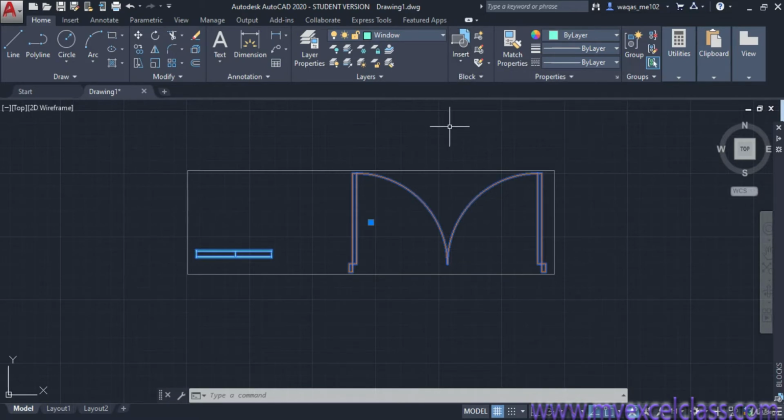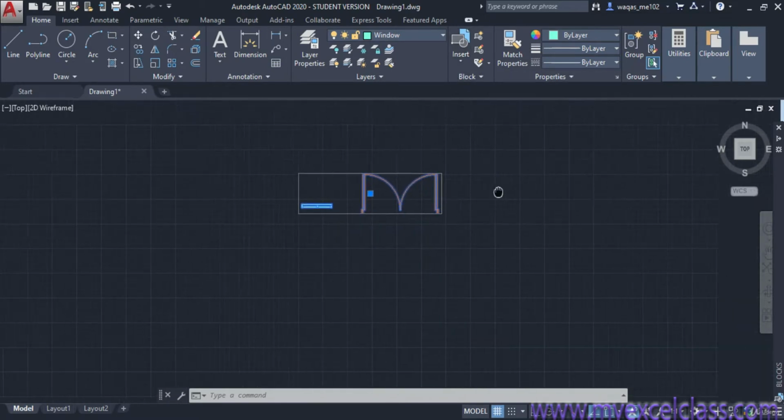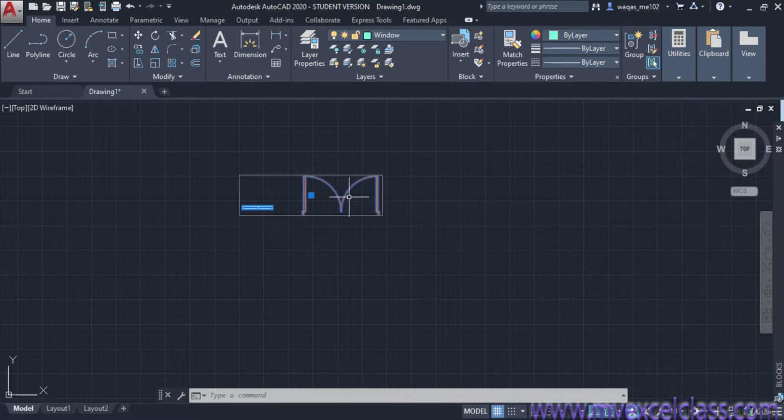Means when you need a set of two or more than two, you can group it and you can use it in your drawing where you will need it. So this is the usage of this group panel.